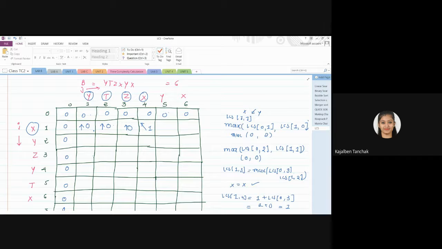Right? Now, next x and y, is it matching? No. Compare above cell value, that is 0, and left hand side cell value, which one is maximum? Because this one we are getting from this left hand side cell. Then again, x and x, is it matching? Yes. So what you will do? Cross arrow. Previous row, previous column. Previous row is 0. Previous column is 5. 0 plus 1, it will be 1. Right? So you have to solve it this way.